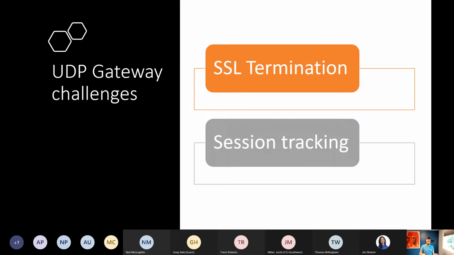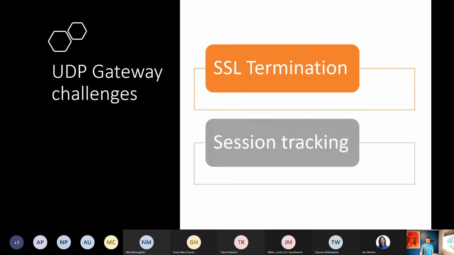And with a move to UDP, it will mean that UDP, as a more efficient protocol, will give more data, and it will be just a rabbit hole. You put in more data, and you have a gateway that is not capable of decrypting this. Another problem with the UDP gateway is session tracking. Obviously, it is possible, but it is difficult to track UDP streams. UDP is a connectionless protocol. It doesn't have attributes of the session in the packet, and